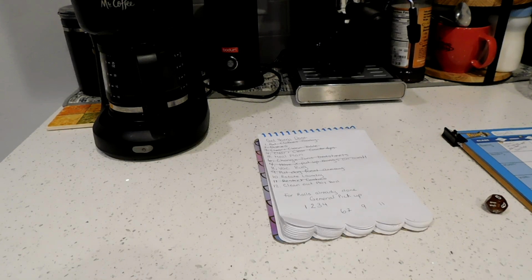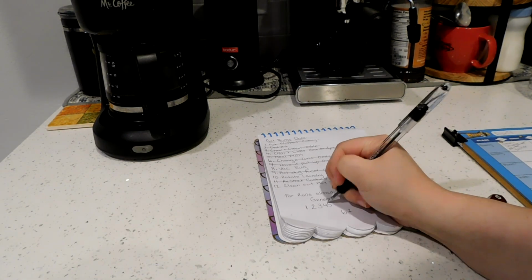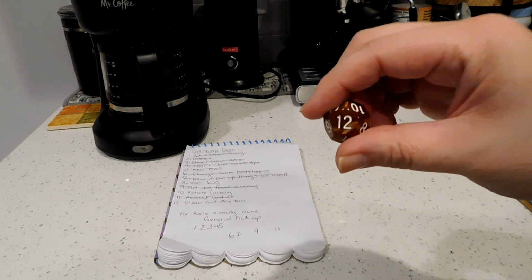Alright, and that is the meal plan for the upcoming week. And of course, next is going to be the cleaning of the play yard. We usually have this play yard still out because we usually put all of her toys in there, but